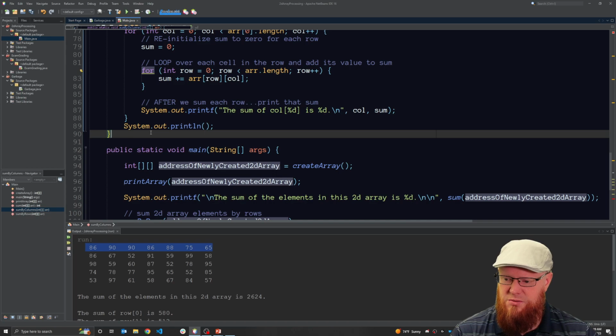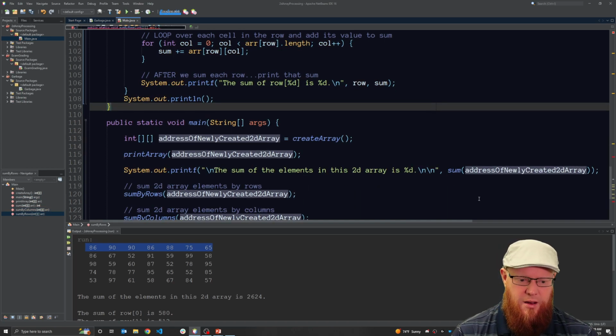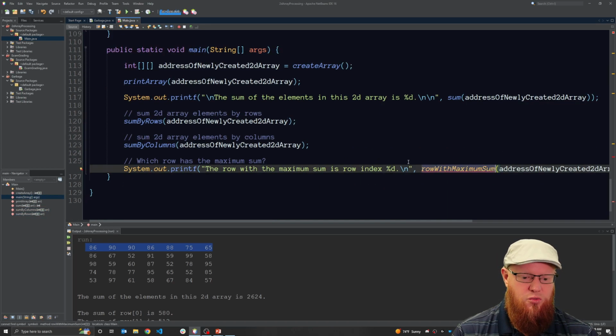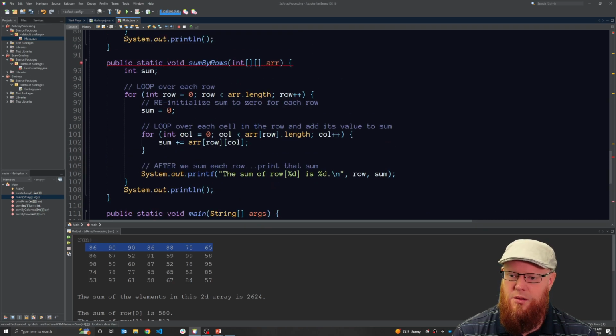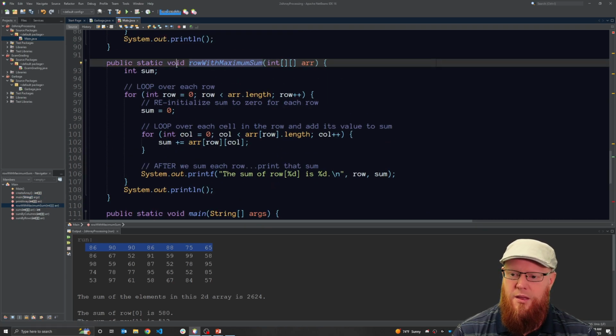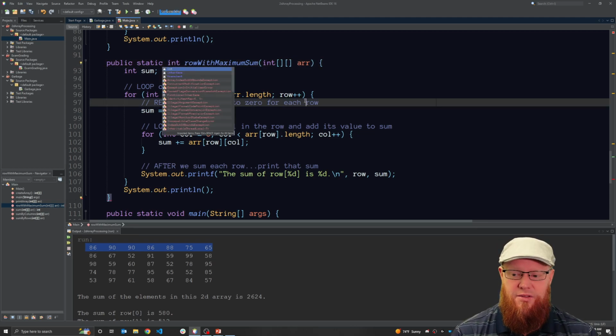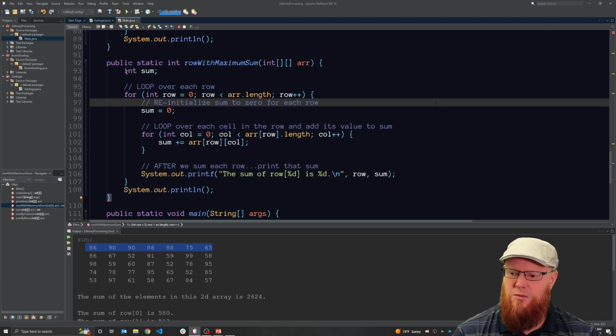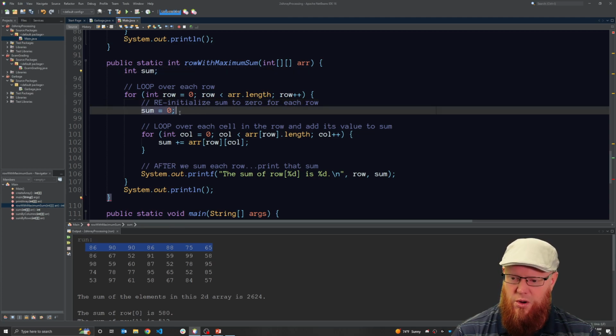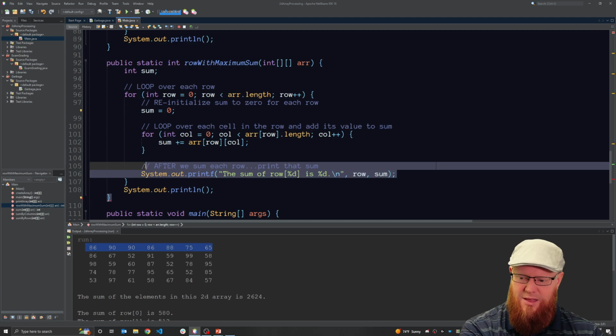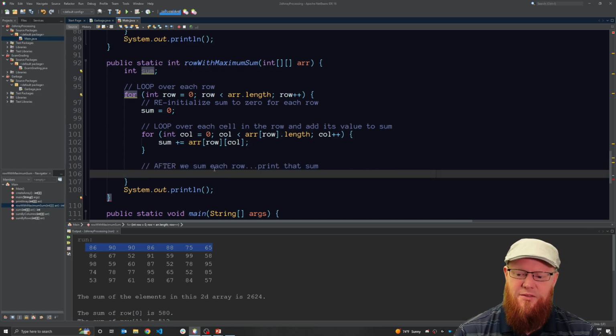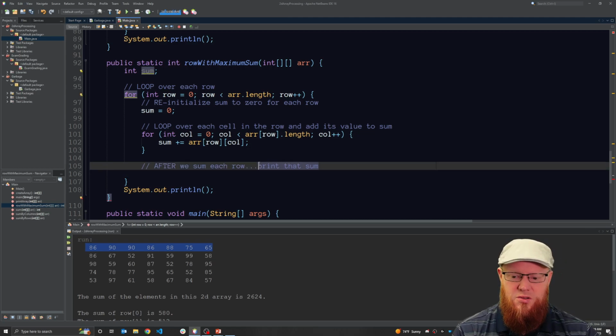So here's the sum by rows method. I'm going to paste it, and I want to rename it to row with maximum sum. So row with maximum sum, and we need to return an integer, which is the index of that row. So let's look at what we have here. We have int sum. We're calculating the sum. We're not going to print anything now. But instead of after we sum each row, we need to do what? We need to compare that sum to the current